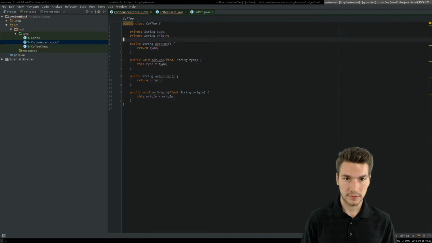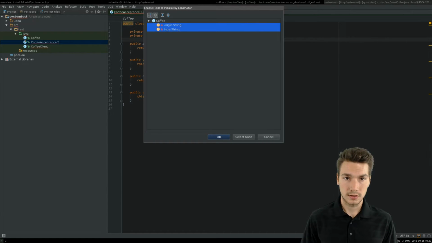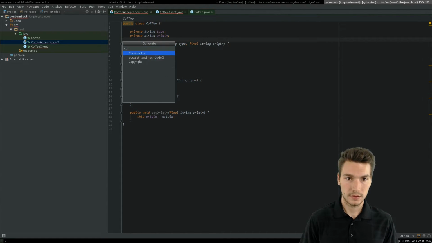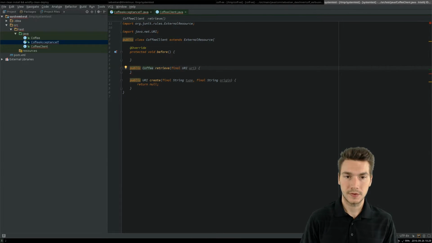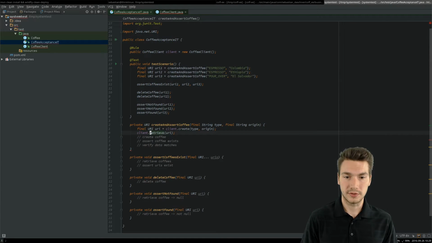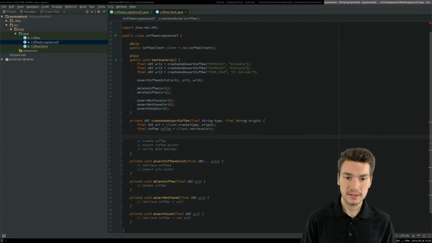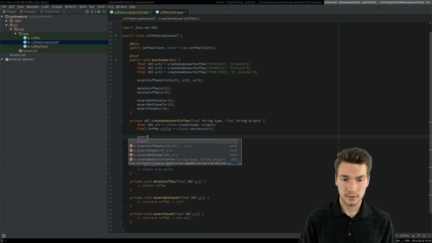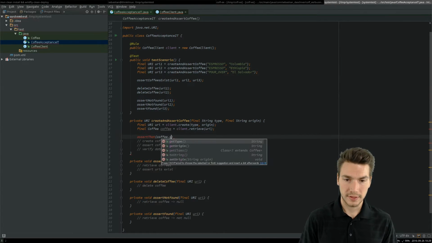Let's create that just with getters and setters, and for convenience with extra constructors. So this will be then returned from the client side. And now to move further on, we take the coffee that we will get from the client side and assert, for example, that everything is correct here. Assert that the coffee get type equals our type we put in